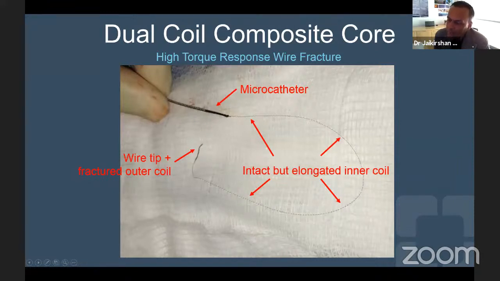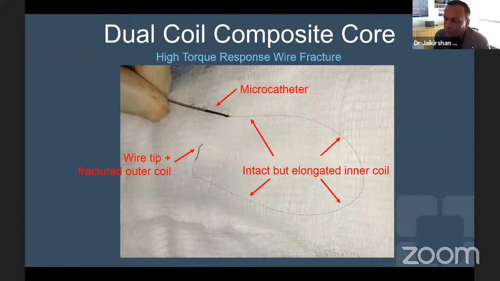And when the wire breaks, the inner coil separates. You see here, this inner coil is not radio opaque. You cannot see this on fluoroscopy. So if you're using this wire and you see the tip no longer responding to your input, you have broken the wire